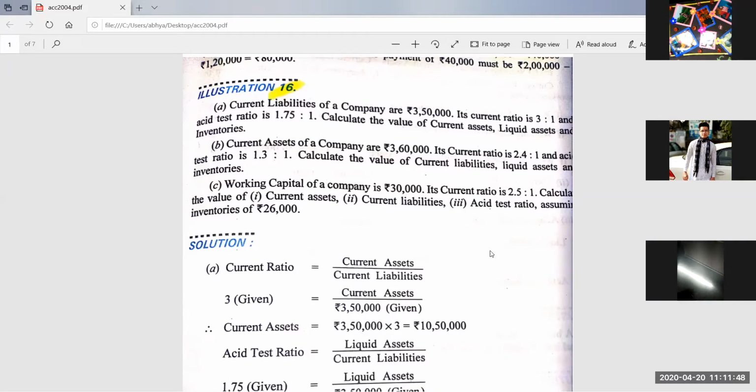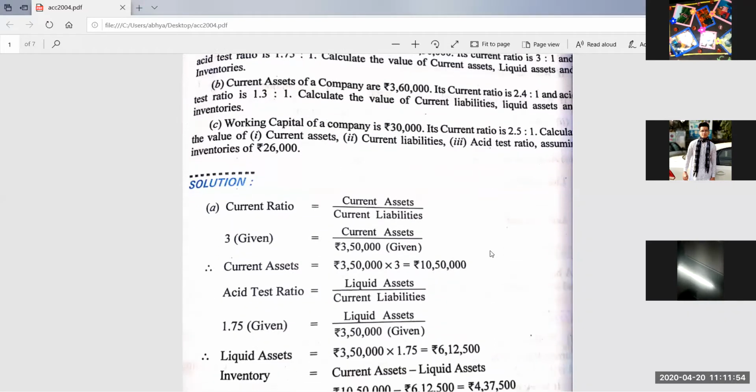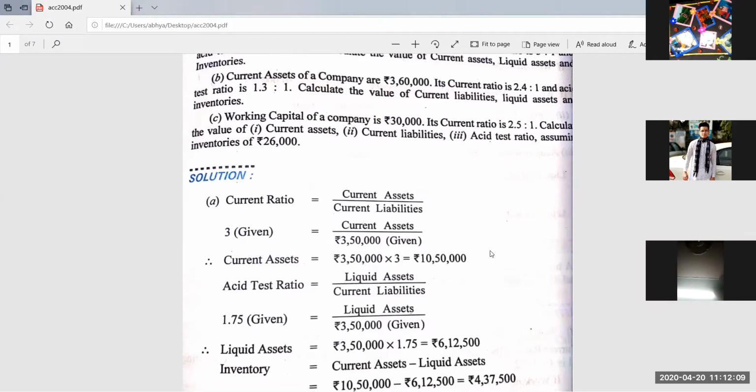We have solved many questions of such type in previous class. So I think you must have done. And remember that this is the assignment of this chapter and on daily basis I'll be giving you 3-4 questions. On loose sheets you have to do, and at the end of the chapter you have to submit all the questions to me on my email ID, which is already given to you.